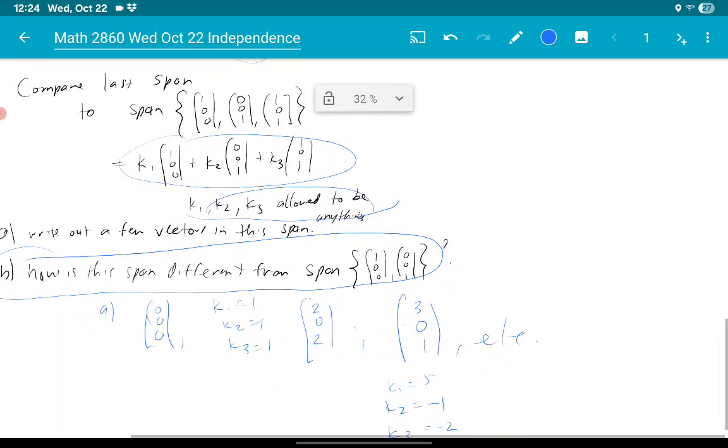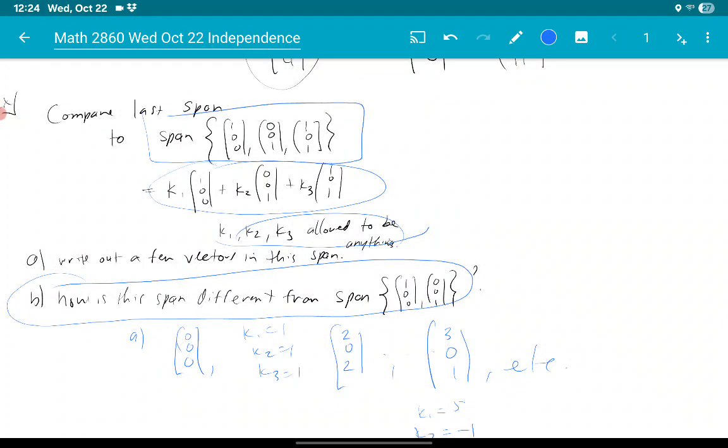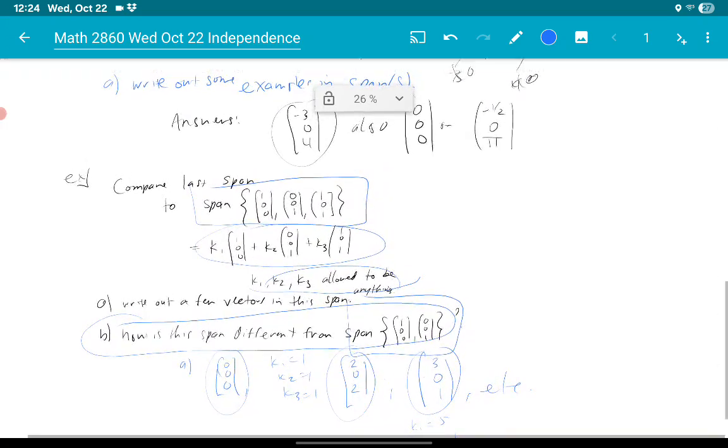How is the span of these three different from the span of just the first two? If you want, you could pause the video and think about it for a second. If this were a live class, I'd ask people for suggestions. But if you think about it for a moment and take a look at the examples of things we were able to create, I don't think they're any different than the things we could create earlier.